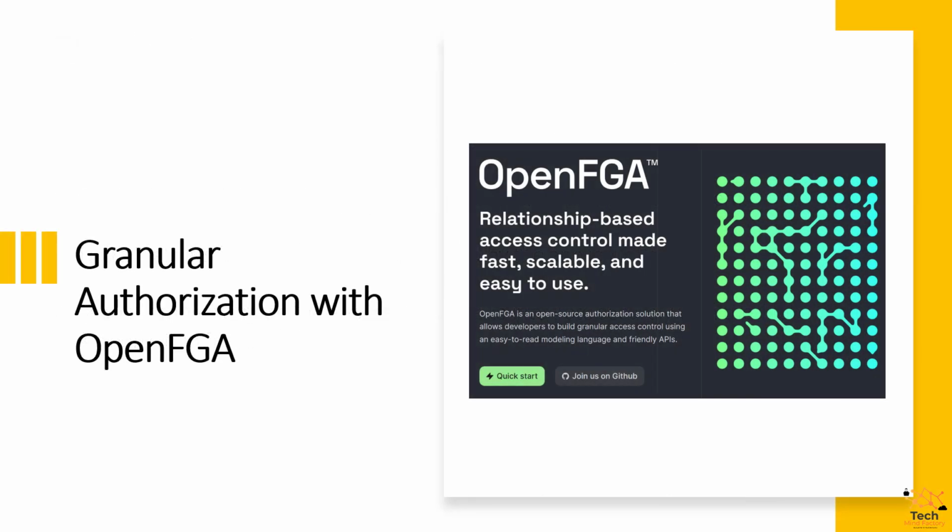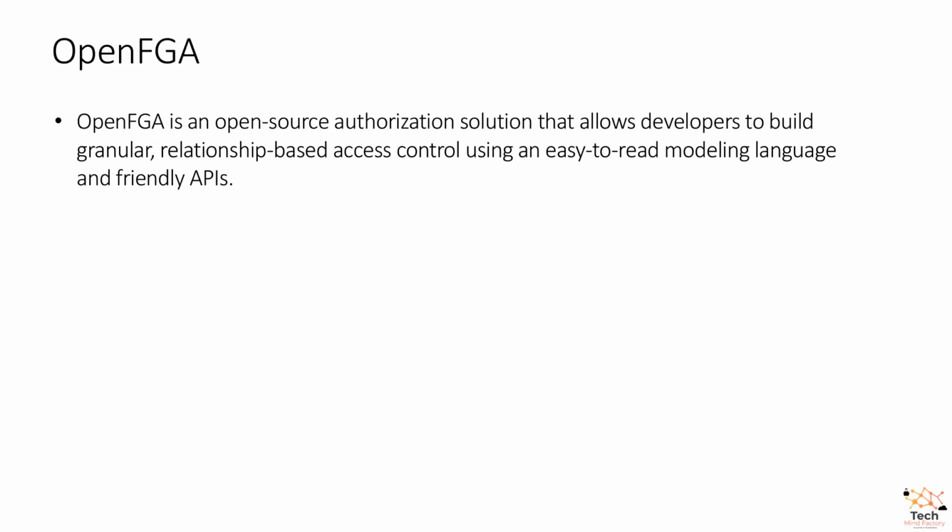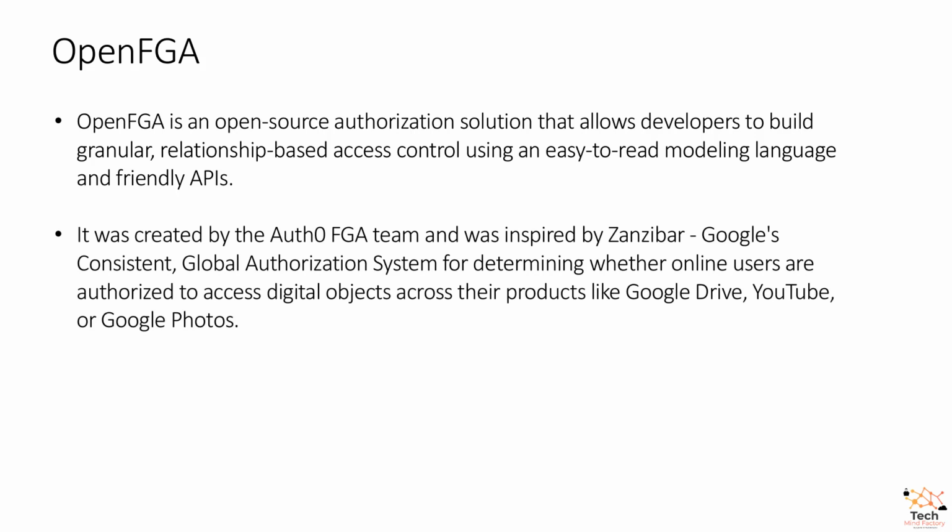Implementation of such a global authorization system is not trivial and can be challenging. That is why it's worth looking into the market to see whether there are some ready-to-use components or solutions. And one of them is OpenFGA, which we are going to talk about in this video. OpenFGA is an open source authorization solution that allows developers to build granular, relationship-based access control using an easy-to-read modeling language and friendly APIs. It was created by the Auth0 FGA team and was inspired by Zanzibar, Google's consistent global authorization system